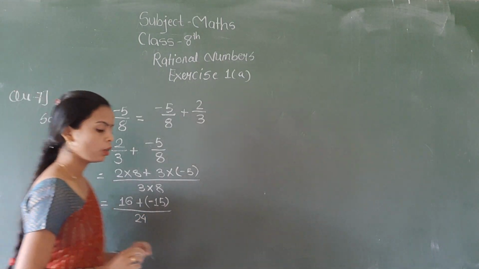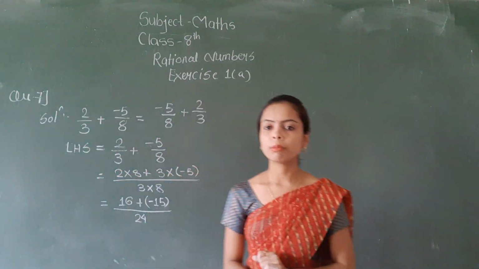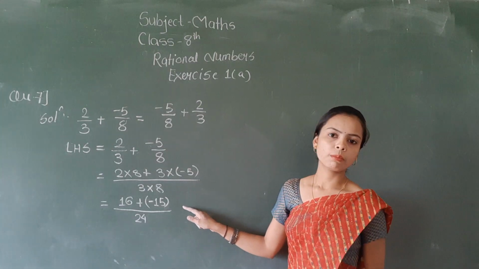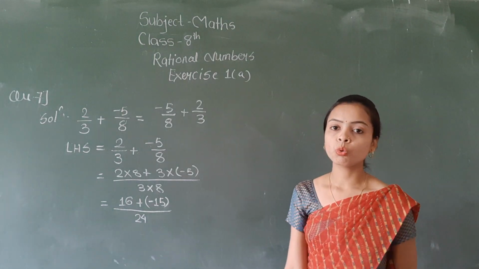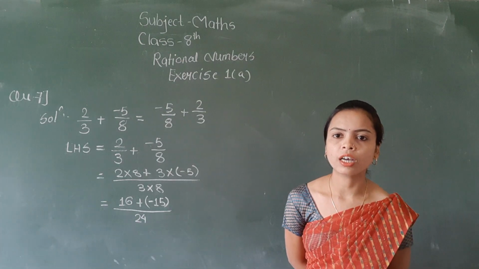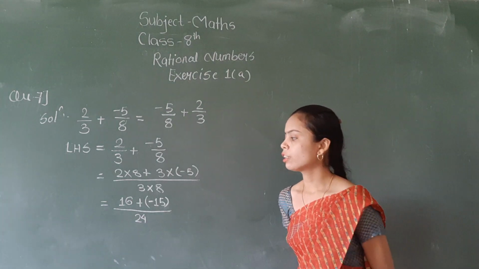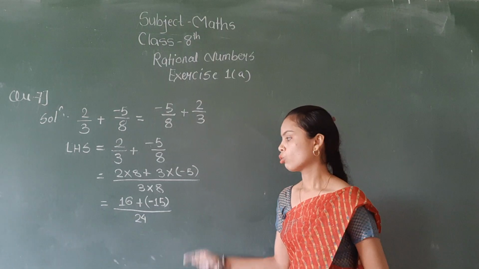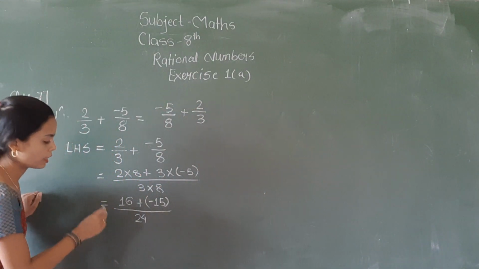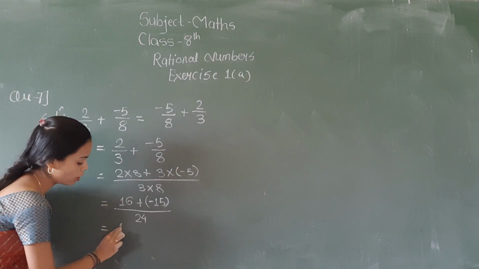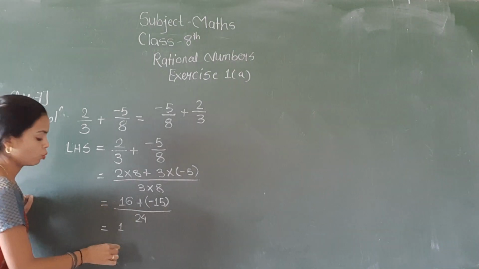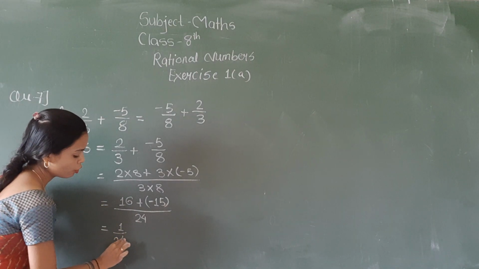Since in your numerator, one term is positive and one term is negative, then tell me which operation we have to perform, addition or subtraction. अगर आपके न्यूमरेटर में एक टर्म पॉजिटिव और एक टर्म नेगेटिव होती है तो हमें करना होता है subtraction. So we subtract them. 16 and 15, your subtraction is 1, and we have to place the symbol of the greater number, that is positive. Okay, so 1 upon 24.